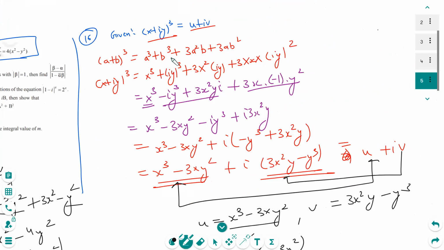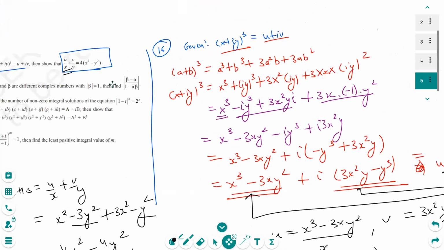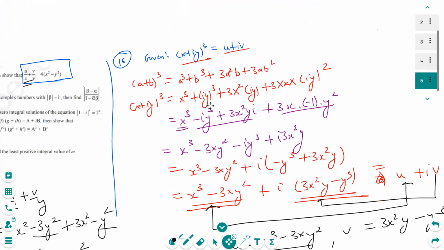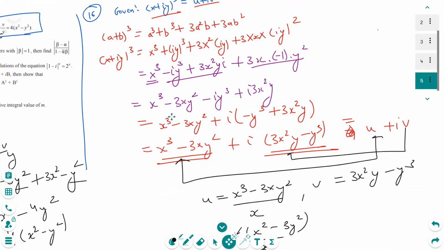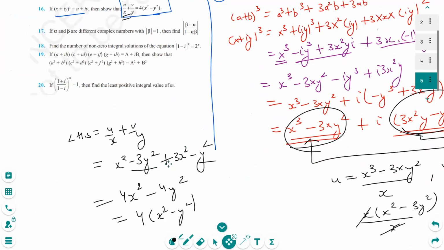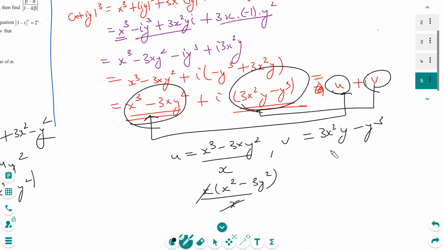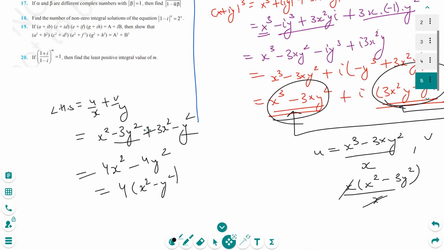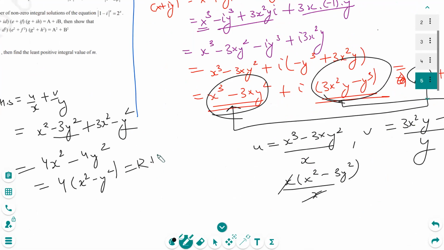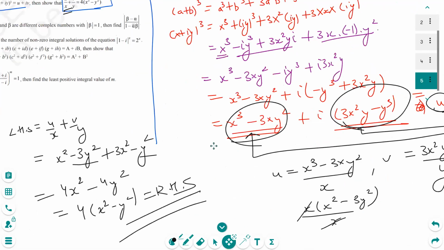So a plus b is this, (x plus iota y) cube. We need to prove that this is equal to this, if this is given. So we opened up (a plus b) cube, and when we opened it up, I got a real part and an imaginary part. When we compared these two, I got u as this and v as this. Now I just use my LHS part. I divided u by x and v by y, and I got this u by x and v by y. You can divide here, and if you divide these two, you will get these two, and you can take a common. That will be my RHS. Clear now? Yes. So it's quite easy.